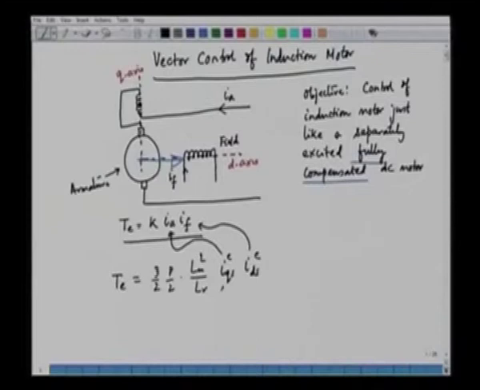IQS is called, as we have already seen, the torque component of current, and IDS is called the flux component of current. So if we control these two currents, we can control the torque of an induction machine just like a DC machine. So usually what we do here is the following: